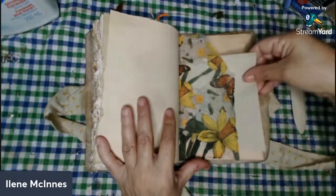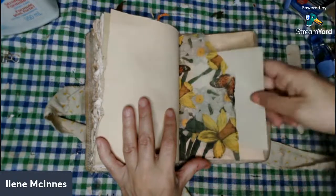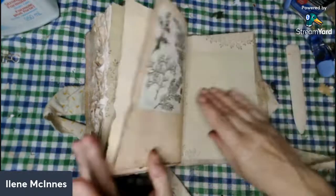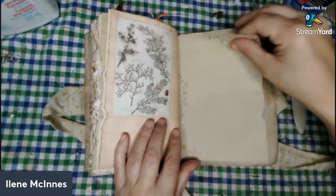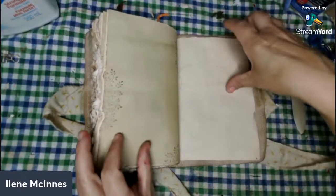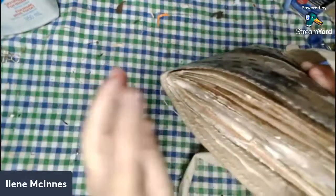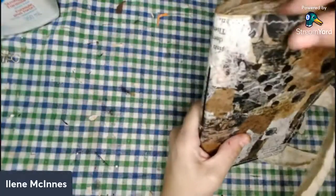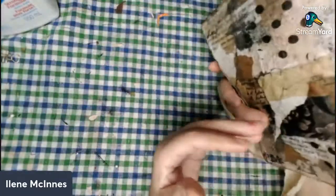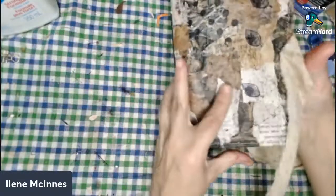A little tuck spot using the rice paper napkin. I just thought that looked nice glued right there. And that's that. And my last page. So I hope you guys enjoyed all those videos that I made putting this together. And this is how it turned out. I still got some threads I could probably cut. I just didn't rush into anything like that. And that is it. This is the homemade